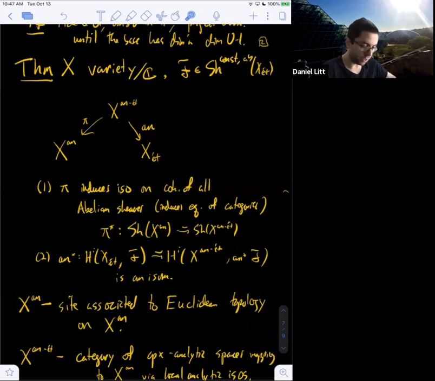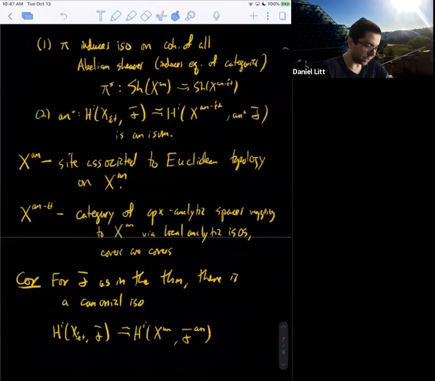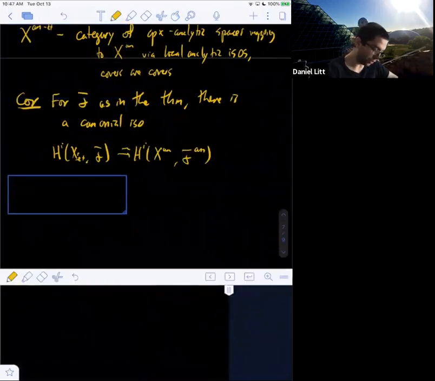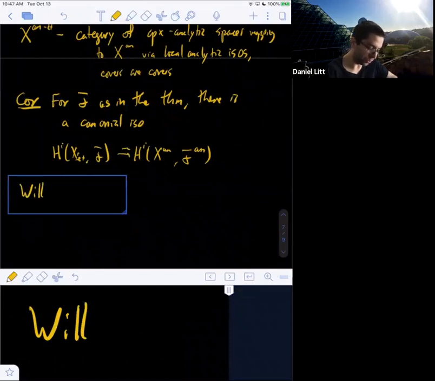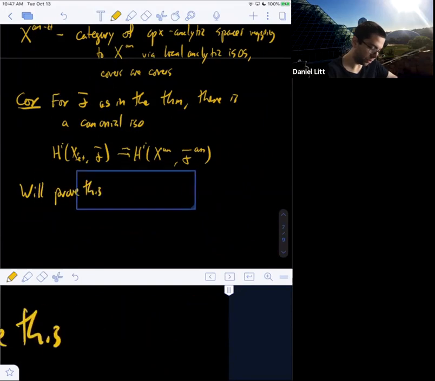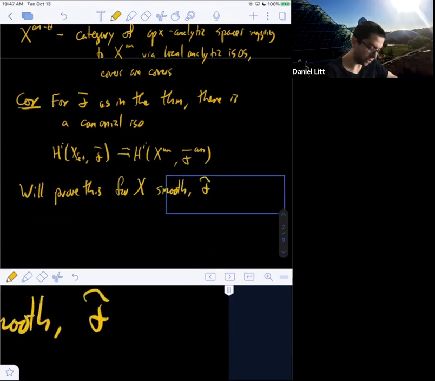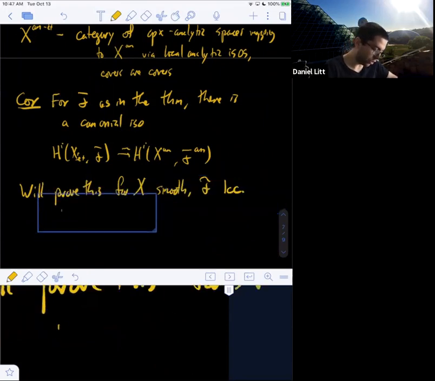Great. I'm not going to prove this, and we don't have time to do it today, but I will give most of the proof. I'll prove this for X smooth and F locally constant constructible, via the theory of elementary fibrations.